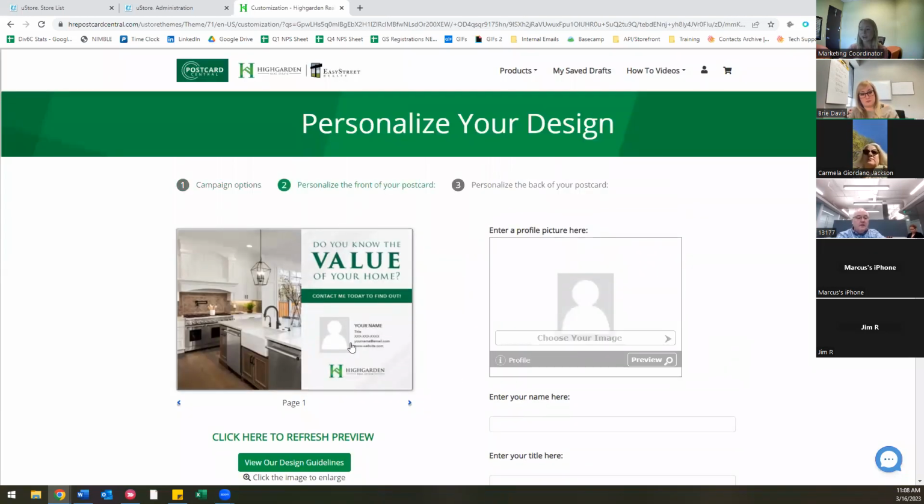Now it's time to add your profile photo. The most important thing for this is, just from a marketing perspective, you want to make sure it is a clear photo. You want to make sure that it is professional looking. That's not to say that you can't show a little personality in it. I don't know if Bree would recommend against this, but if I got a postcard from a real estate agent